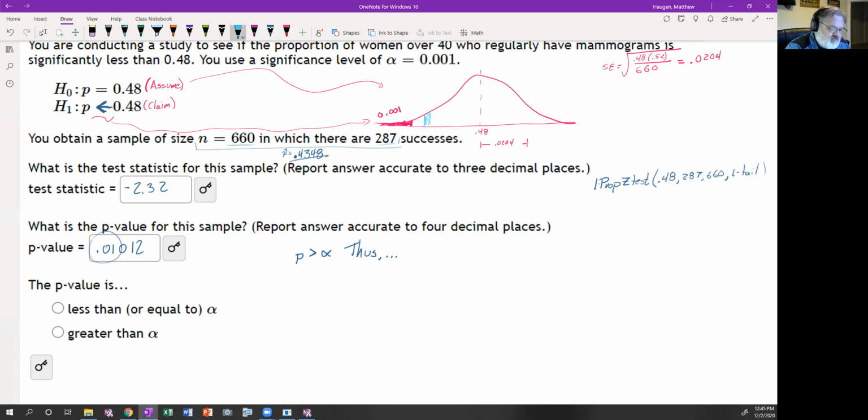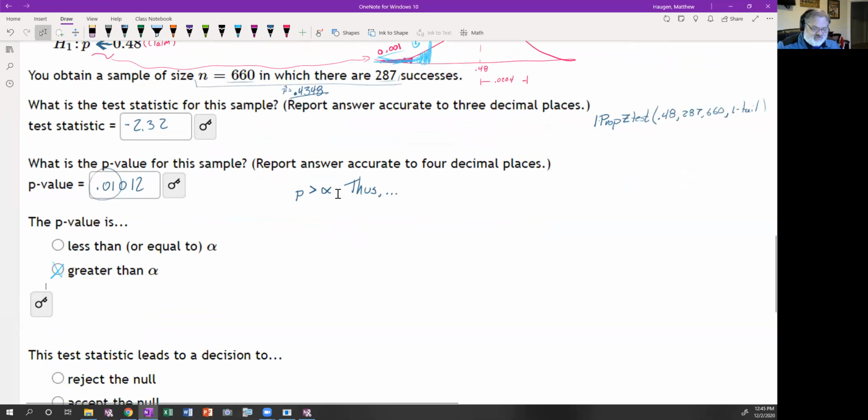That means it's out here somewhere, right? Our p-value is bigger than the tail. Thus, it's greater than, if it's bigger than the tail, thus outside the tail in the null region,